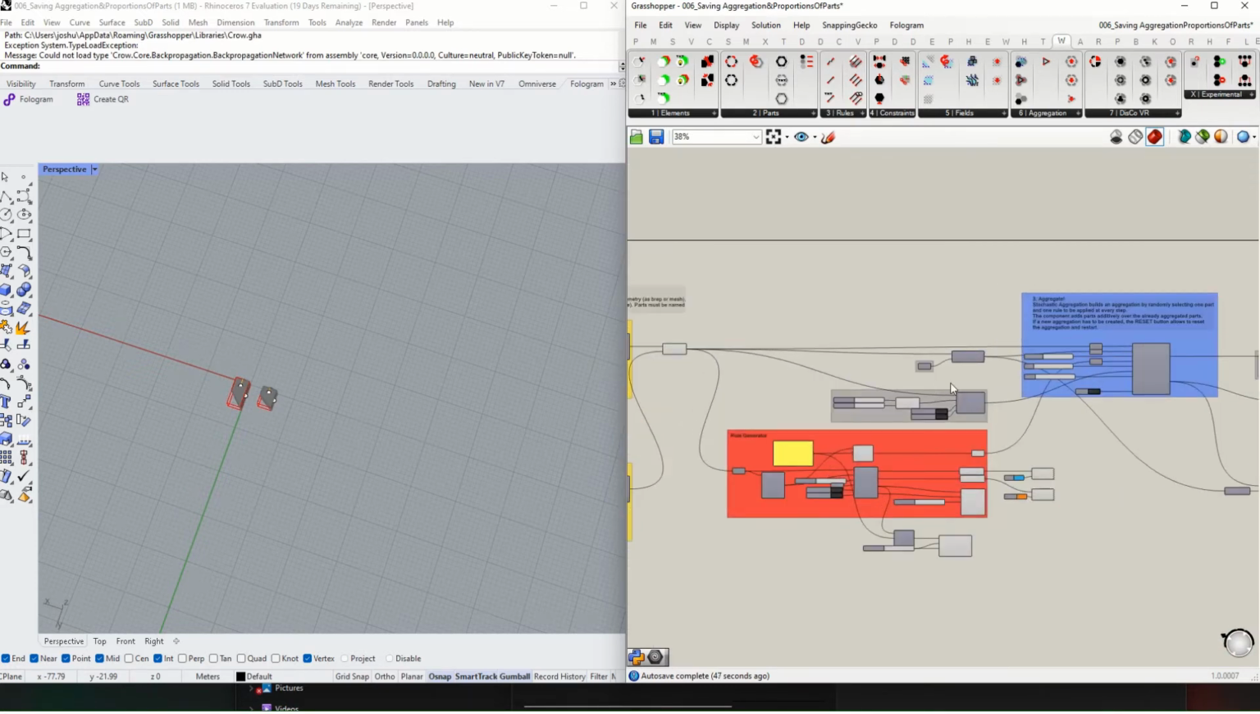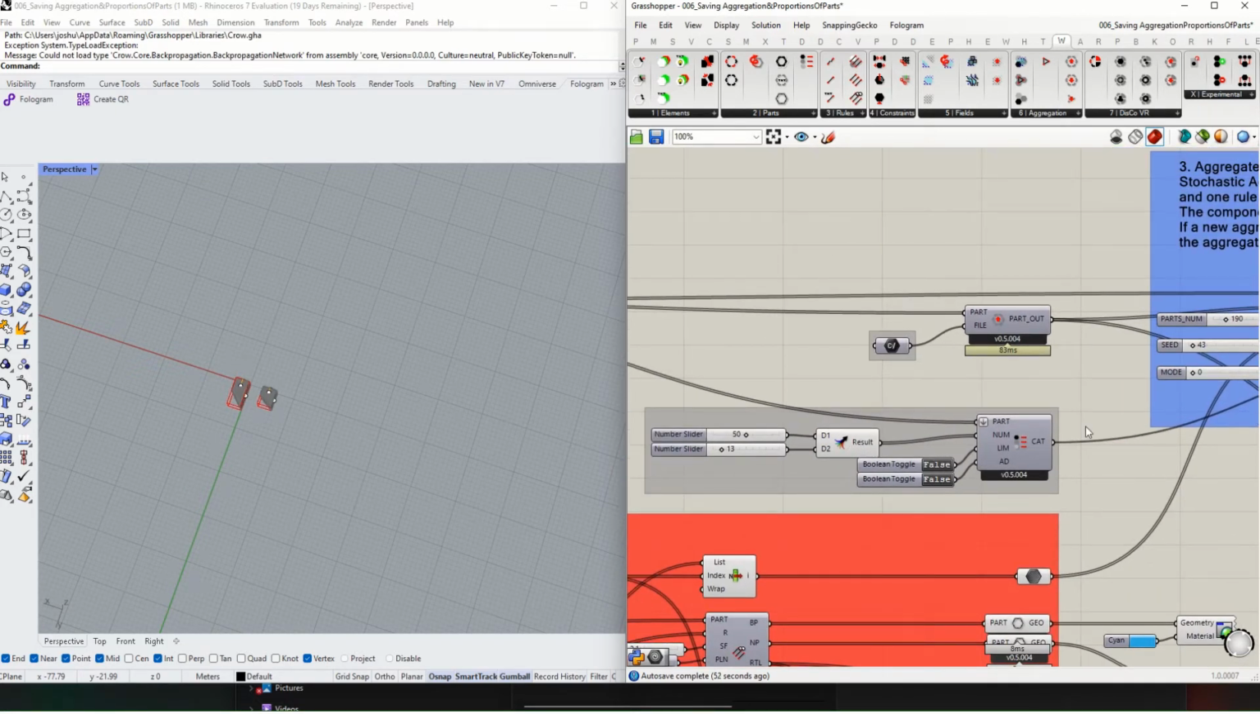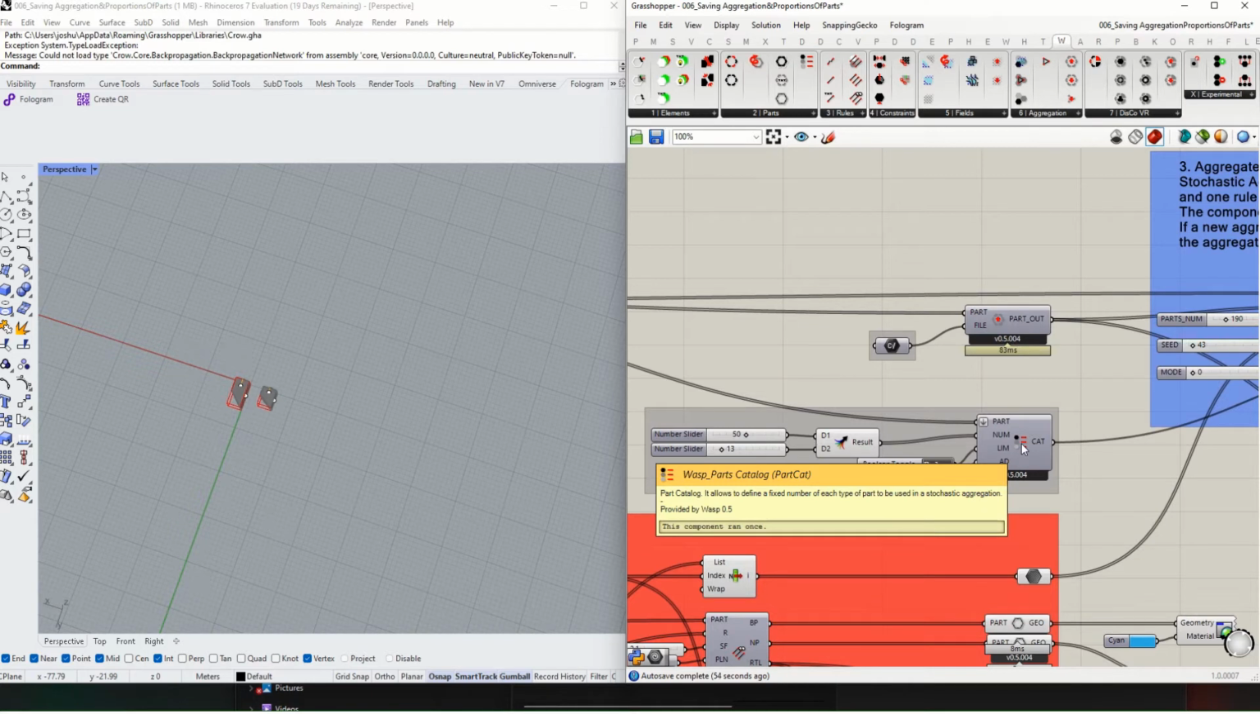It's quite simple. The next thing I'll show you is the part catalog component. This part catalog component allows you to define a fixed number of each type of part. But it also allows you to define proportions of parts. So you can have 40% one part, 60% another part. One thing to note is